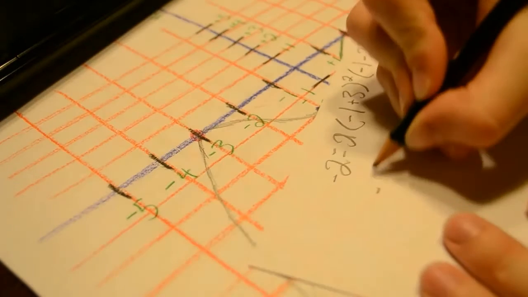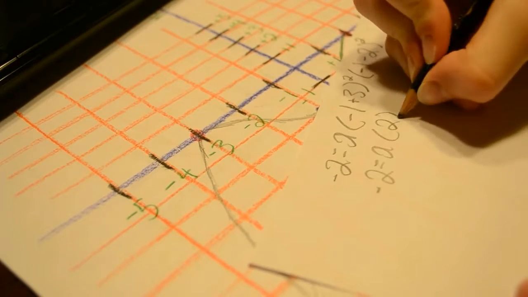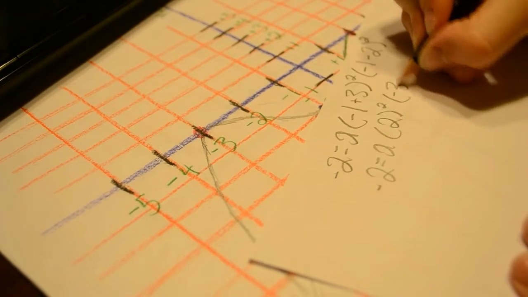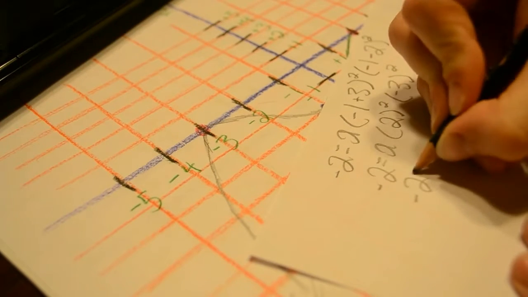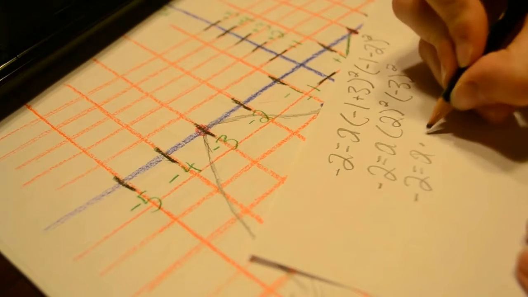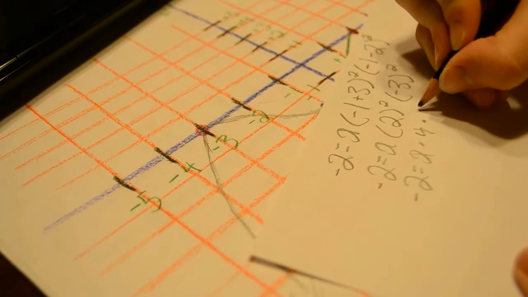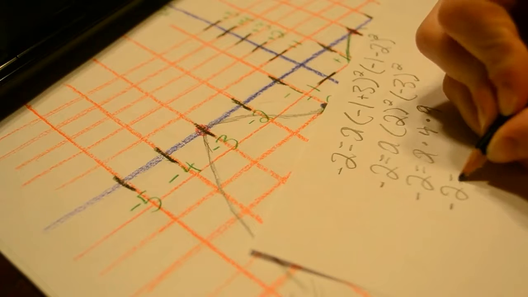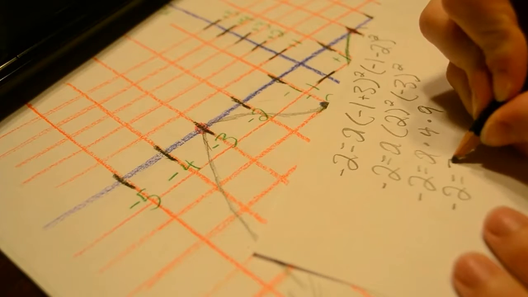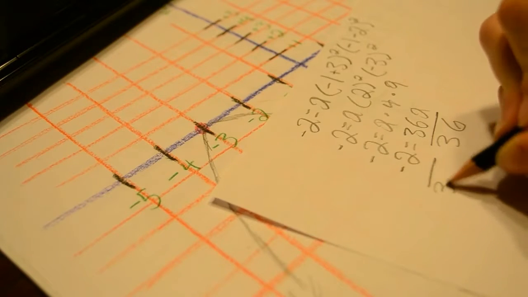So let's get that down. -2 equals a. -1 plus 3 is 2 to the second power, and -1 minus 2 is going to be -3 to the second power. So then we have -2 equals a. 2 to the second power, which is just 2 times 2, is 4, so times 4. And then -3 to the second power, which is -3 times -3, is +9. So then we have -2 equals 4 times 9, which is 36. 36a, and we divide by 36 on both sides to get